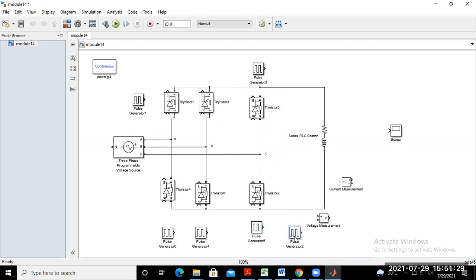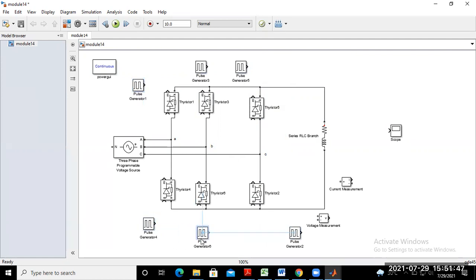Pulse generator is put here, and this one is put here, and pulse generator 5 is put here, and pulse generator 2 is here. So this one is your 4, this one is your 6, and this one is your 2.